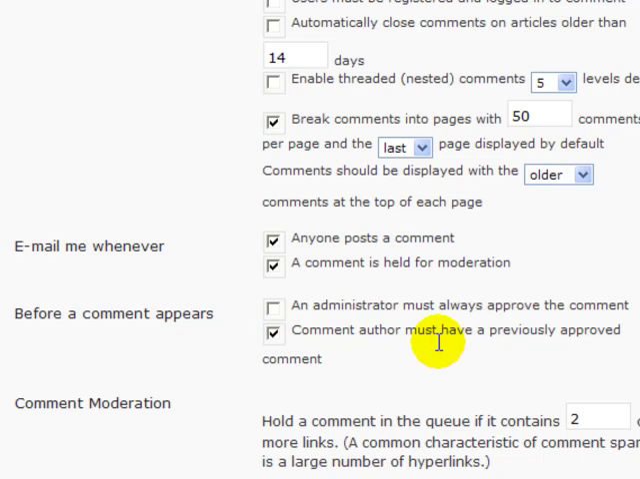One combination of settings that you don't want to have is this. I would recommend